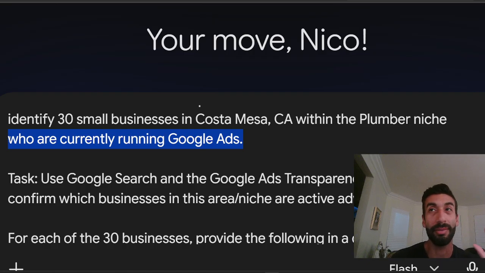Otherwise, you may get a few bites, but you could be wasting your time on businesses that, one, don't see the value in marketing, and two, do see the value in marketing but don't have the money. This way, you're just filtering out all those potentially bad leads, and you know right off the bat that these people do see the value of marketing and that they have the cash to invest into marketing and growing their business, which is ultimately what you're going to be selling them. So this is a mega hack.